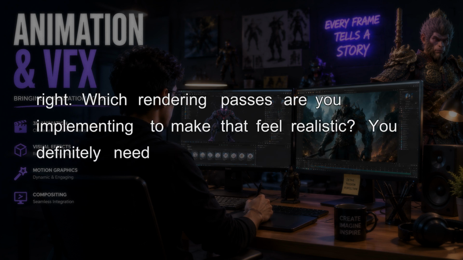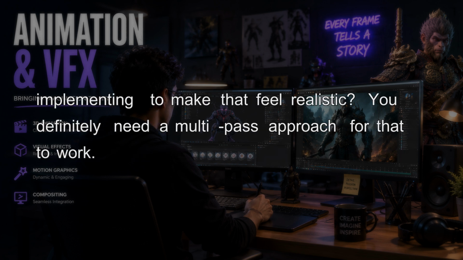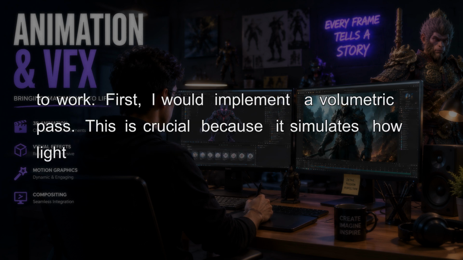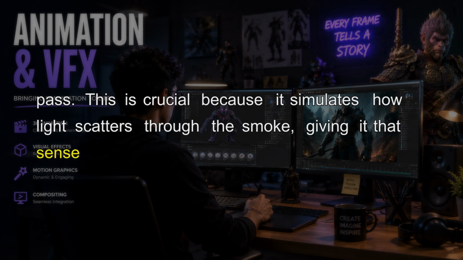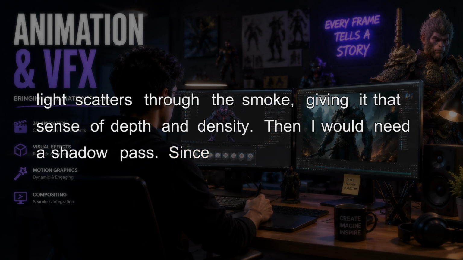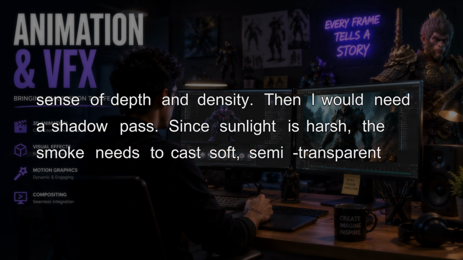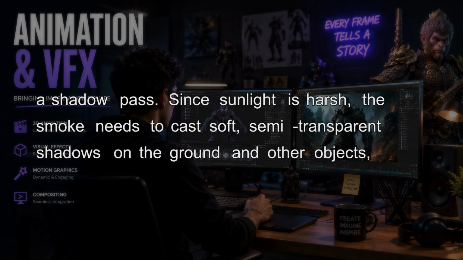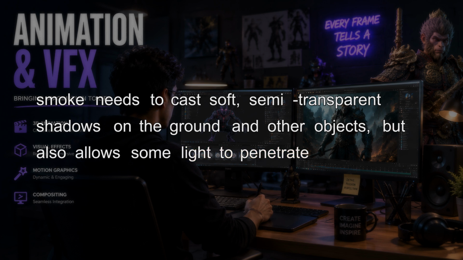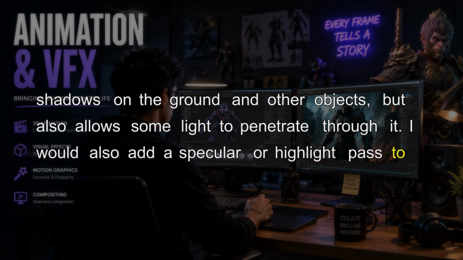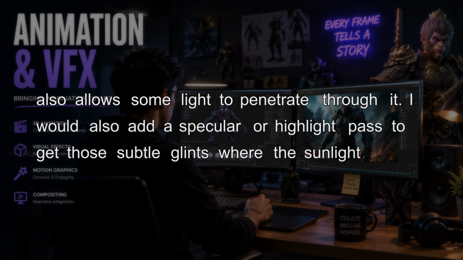You definitely need a multi-pass approach for that to work. First, I would implement a volumetric pass. This is crucial because it simulates how light scatters through the smoke, giving it that sense of depth and density. Then I would need a shadow pass. Since sunlight is harsh, the smoke needs to cast soft, semi-transparent shadows on the ground and other objects, but also allow some light to penetrate through it. I would also add a specular or highlight pass to get those subtle glints where the sunlight grazes the edges